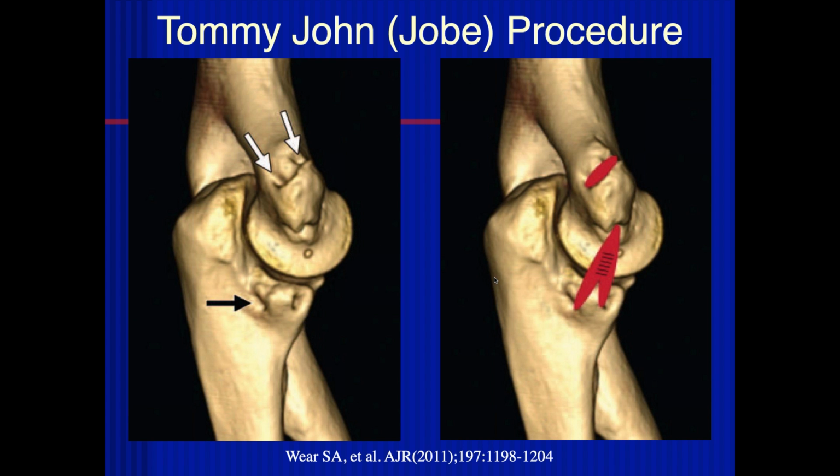There are about 5 modifications in Campbell's of the procedure. The way it was done by Tommy John, the Jobe procedure, is probably not done anymore. And they try not to. They may make a drill hole through the epicondyle for the palmaris graft,